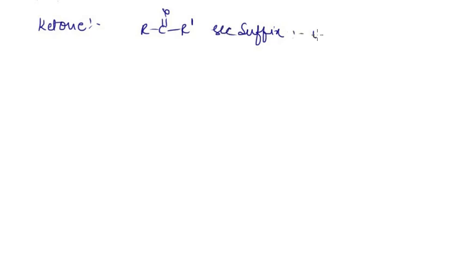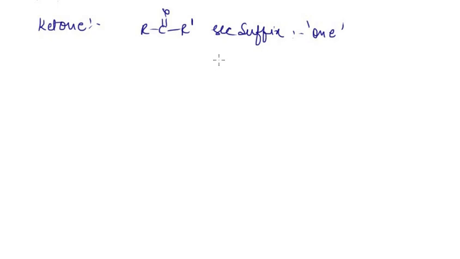So now let's just talk about the naming of ketone. So ketone is what? R C double bond O R dash. It is different from aldehyde because aldehyde is a terminal function group. Here the one position should be H. Now in that case the suffix, the secondary suffix we used is ONE,